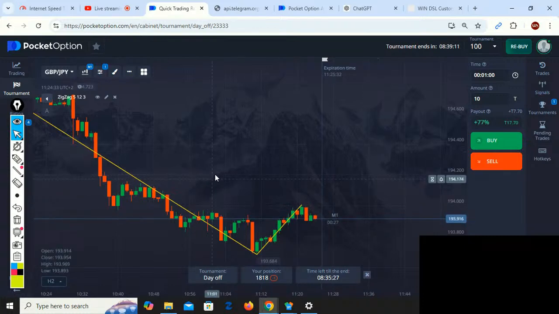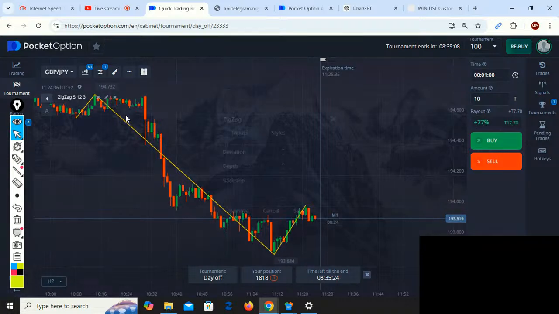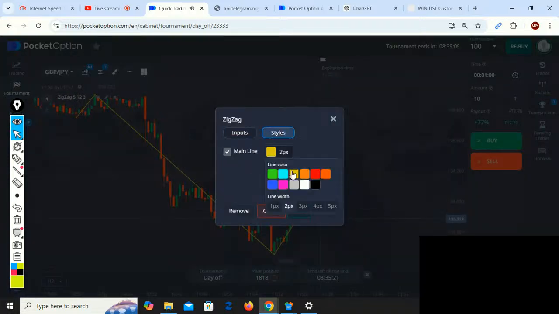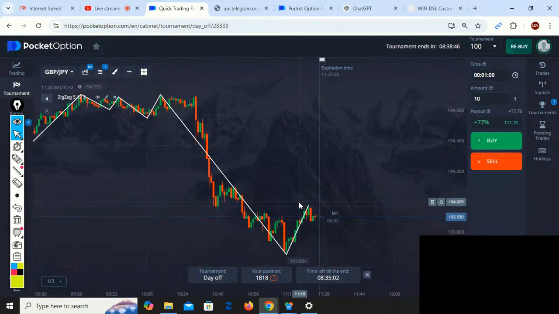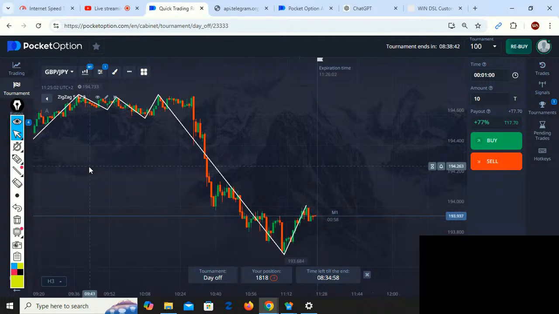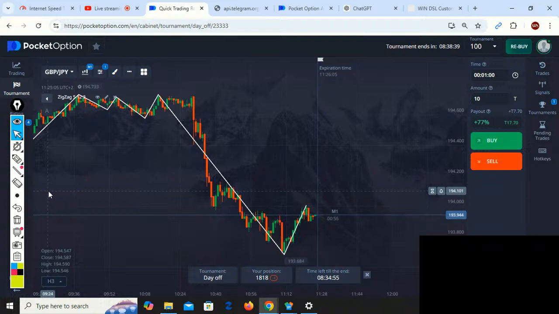Okay, let me try and change the color maybe. Let me see if I can find, because I'm using yellow for my pen. I'll use, let's say white, 2 pixels. Let me see if it's clear. Okay, it's clear, beautiful. Okay, so now that we have our indicator in place, for this strategy to work, you